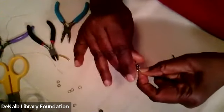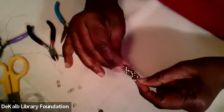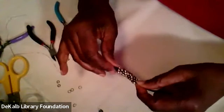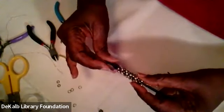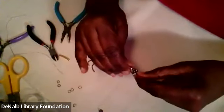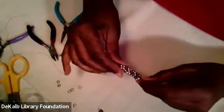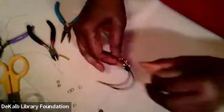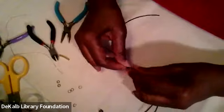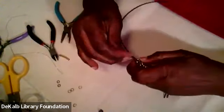And then I can just adjust it so that it's as tight as I want it to be, and the beads look the way I want. If I want them spread out a little bit more, I can do that. I can spread them out. I can push them together so that it's nice and full. It's entirely up to you what look you want. So there we go. So now I'm going to wrap the other side